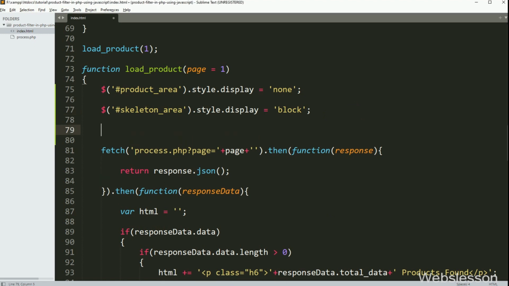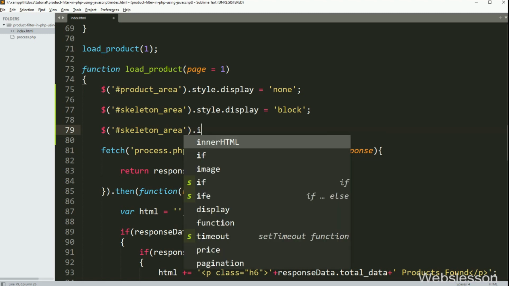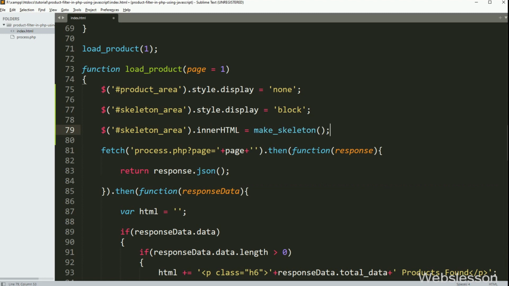Below this, we have again written a $function with division tag id skeleton area with innerHTML equal to the make skeleton function. So under this tag, it will make the skeleton loader, which will display on a web page when this load product function is called.